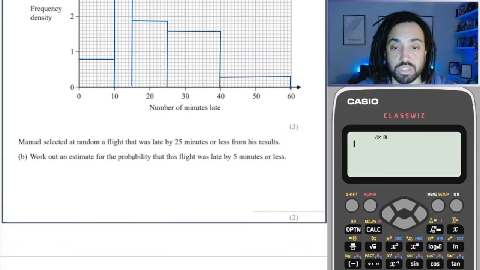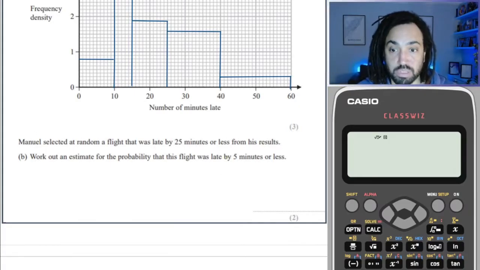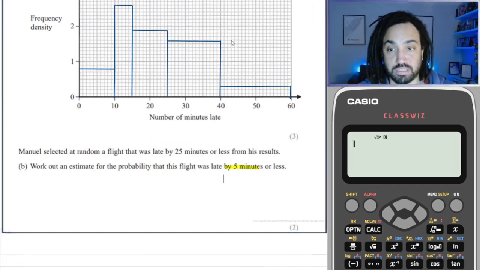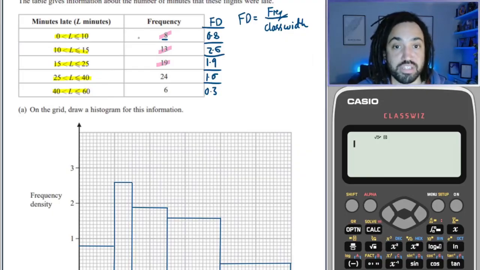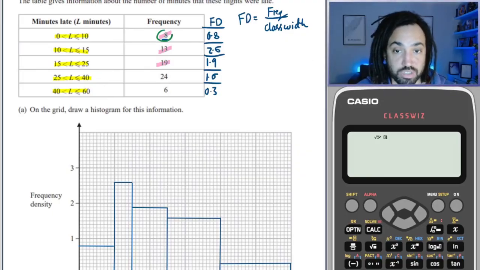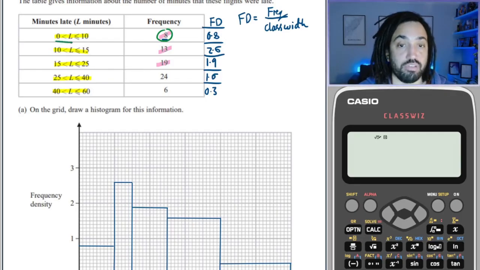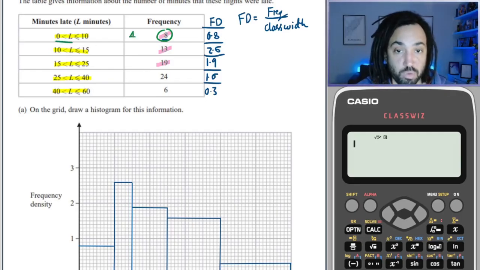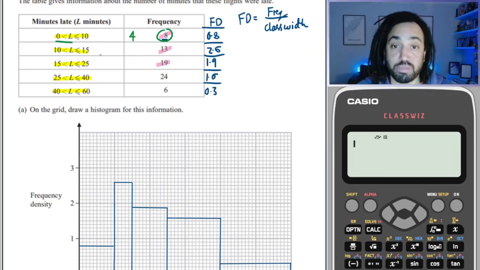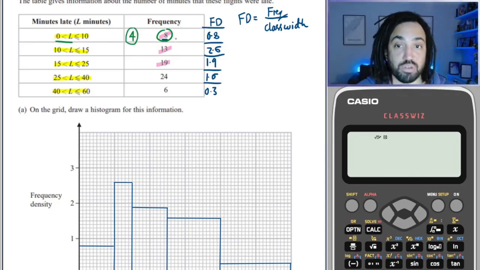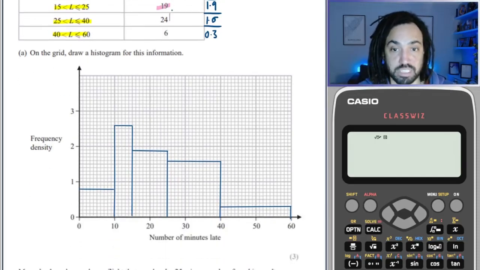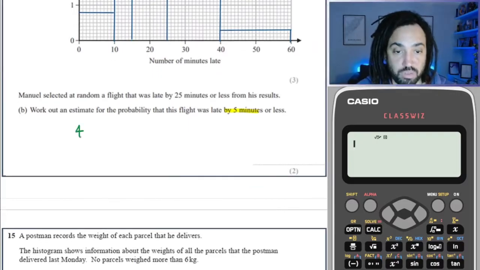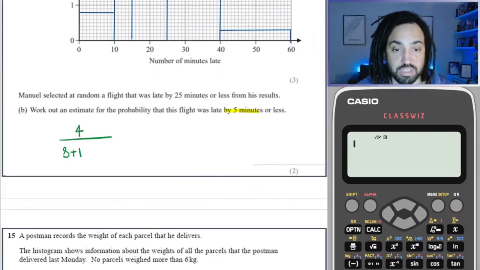And then what's the chance that out of those people they were 5 minutes or less? Well, out of those people, the ones that were 5 minutes or less is going to be exactly half of this group, because we only want to go from 0 to 5. So therefore there will be 4 people. So the probability is going to be the 4 people here out of the total people he selected from, which is 8 plus 13 plus 19. So the calculation would be 4 out of 8 plus 13 plus 19, which is going to give us 4